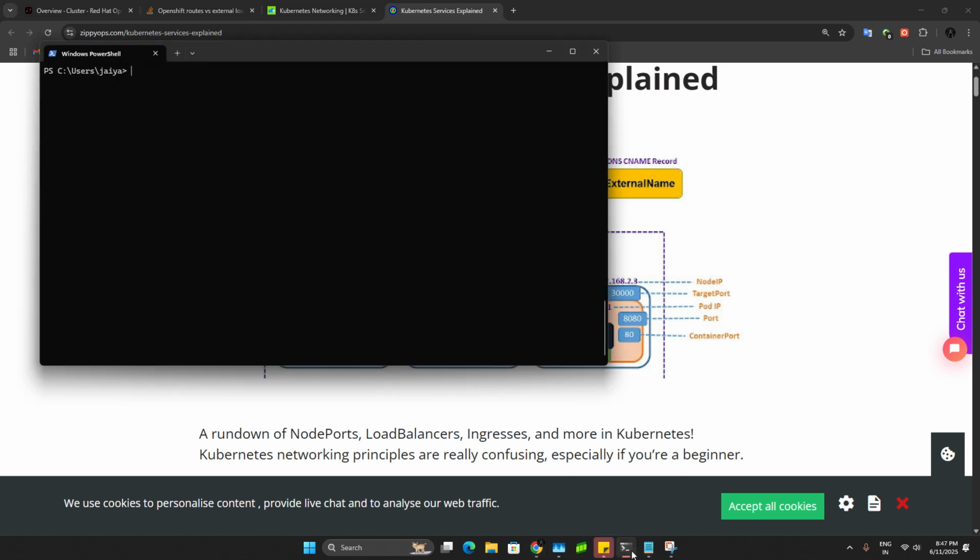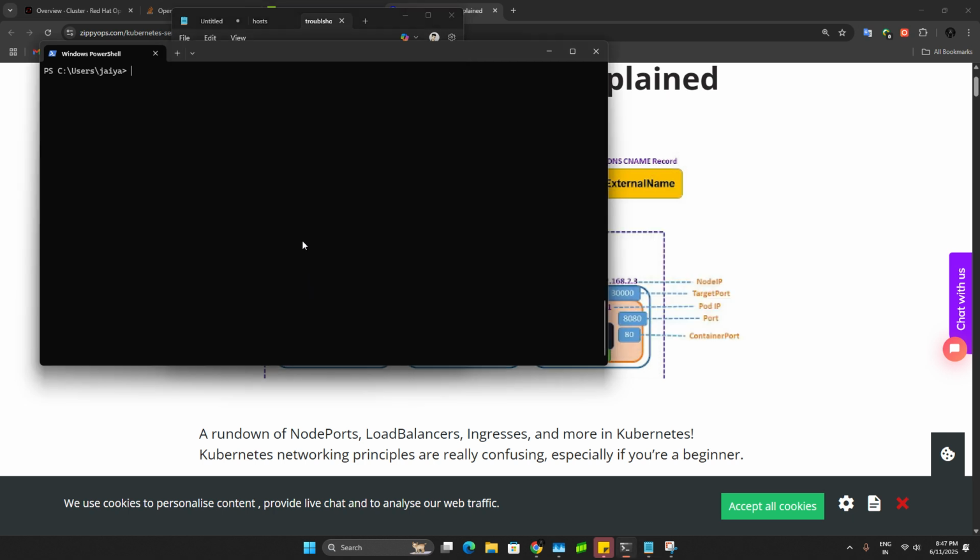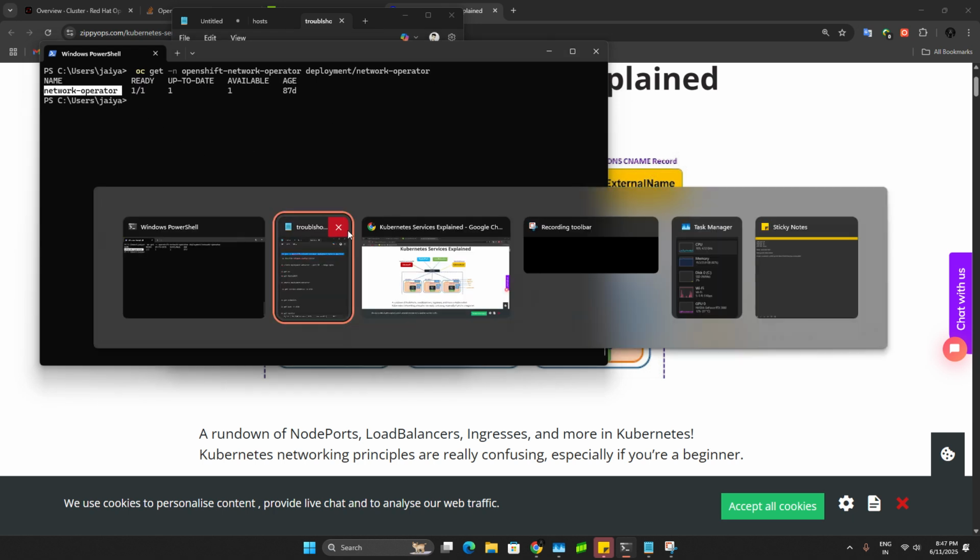Now we can see basically. First we check the operator, like the CNI plugin. In Kubernetes, if we want to install it, it will run in the kube-system namespace only. You can see the CNI plugin, Calico, whatever, in the same kube-system. But in OpenShift, it is in a separate namespace, openshift-network-operator, and there is a deployment with the name network-operator. So we're getting the network operator. Let me describe this, we can see.